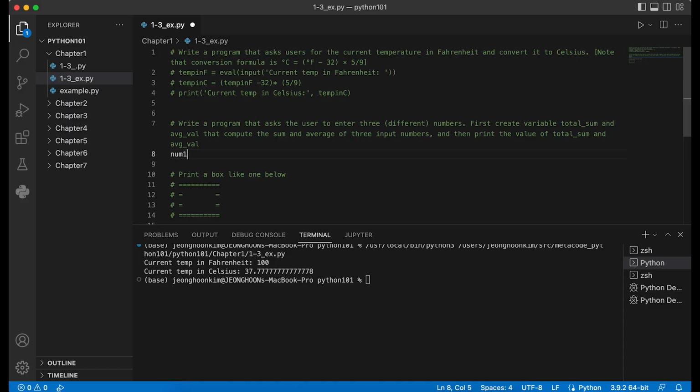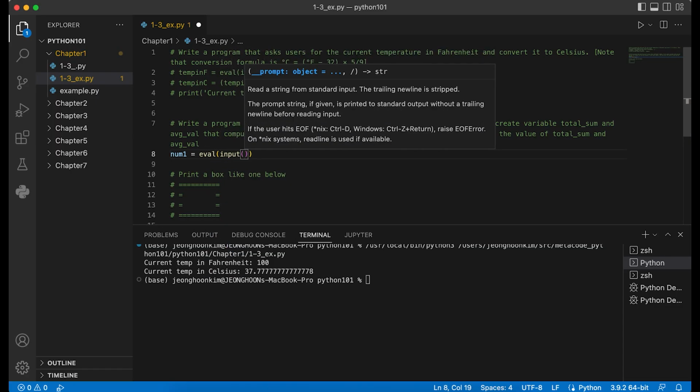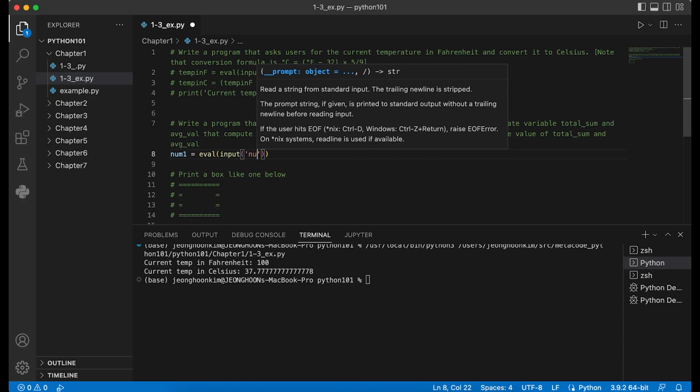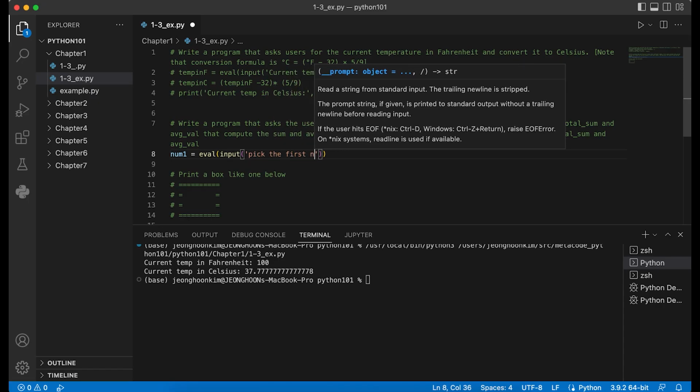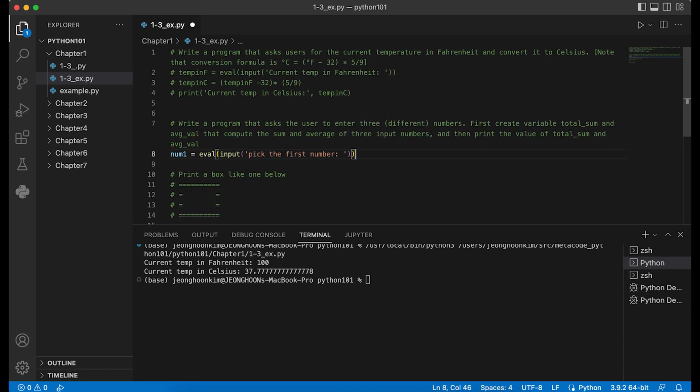So number 1, we're going to do math with it, so we need to convert it to numbers. So using the eval function and take the input number, pick the first number, right? And we do this 2 more times, number 2 and number 3, right?